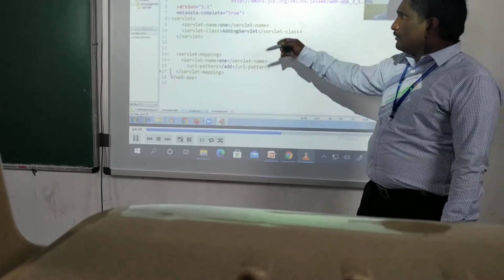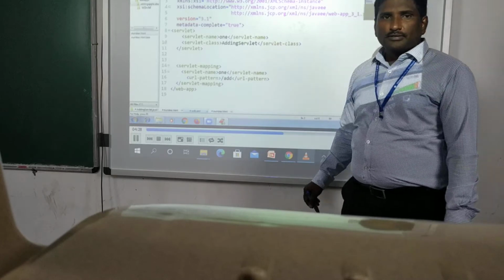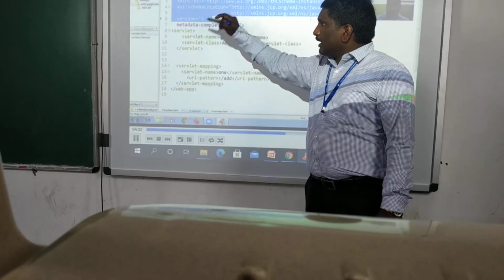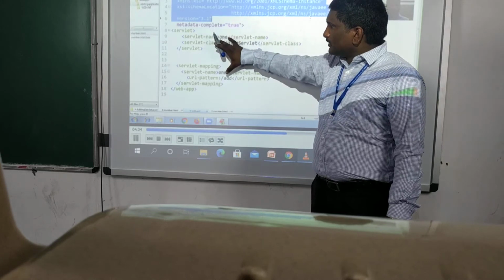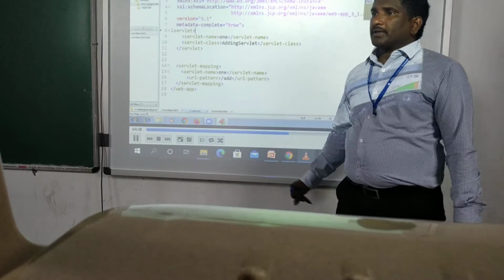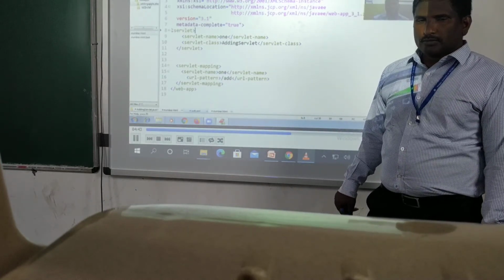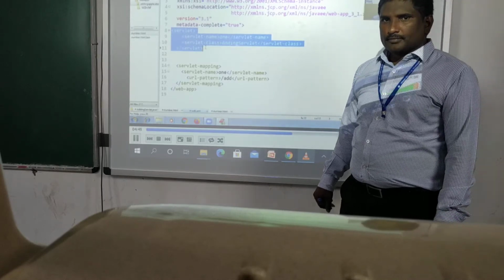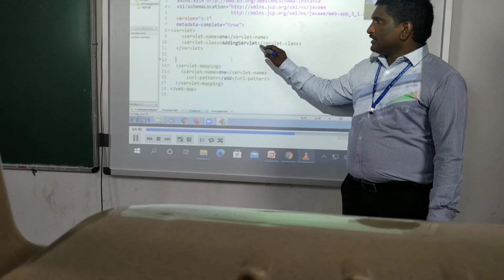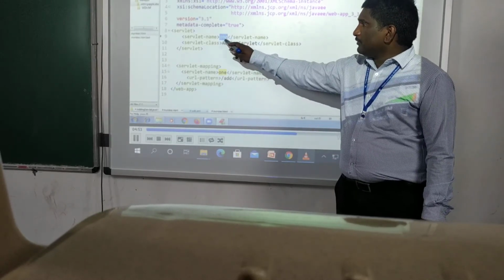I told you the web.xml file consists of a main tag, web-app, and under this there are two subtags, servlet as well as servlet-mapping. This is the servlet registration section. This is the servlet mapping section. Here you can write any name.